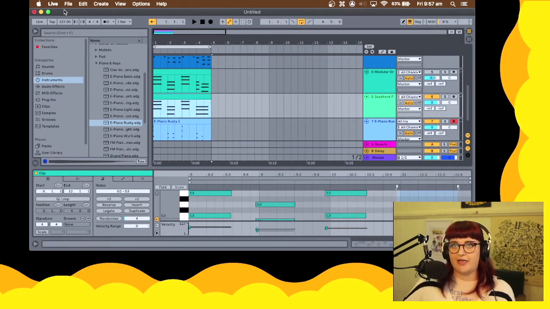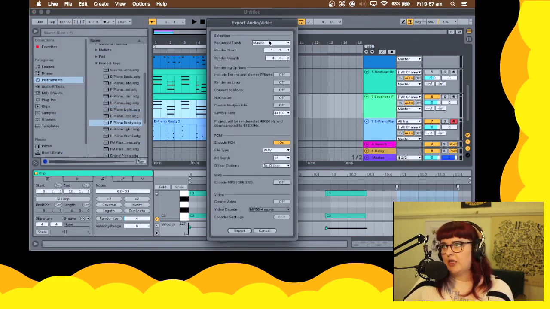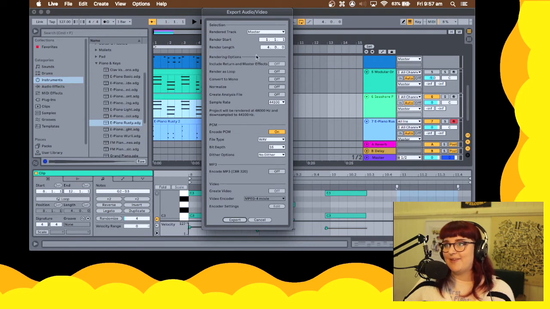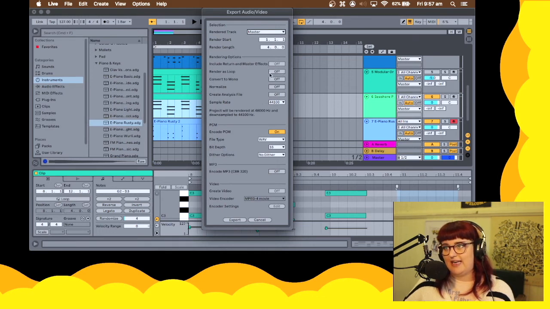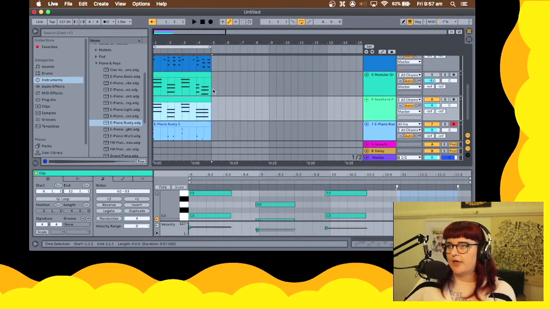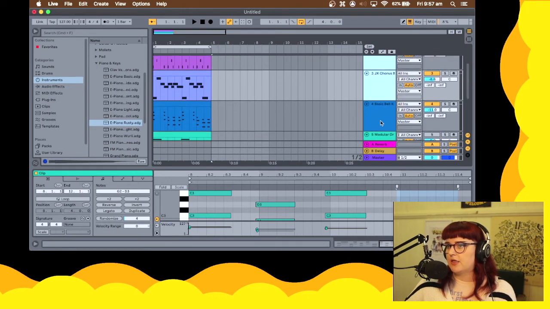If I go to export, you can go up to File, Export, Audio, Video, and you end up with this clip. It's asking you first of all, what do you want to export? Now, I want to do realistically just the selected tracks only. I haven't selected them yet. But then in here, you get to select render as a loop, and that's where it does that process for you. It just saves so much time. It's great. Cool. Okay, so I am going to select the tracks that I would like to export,